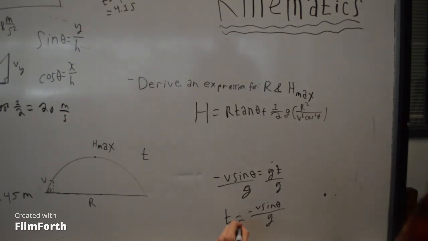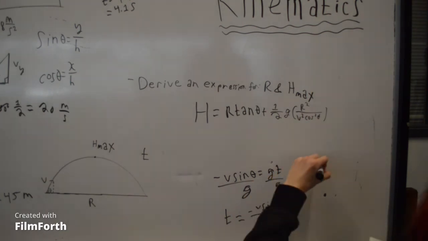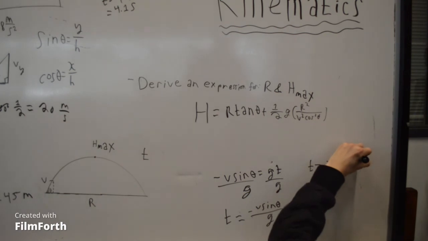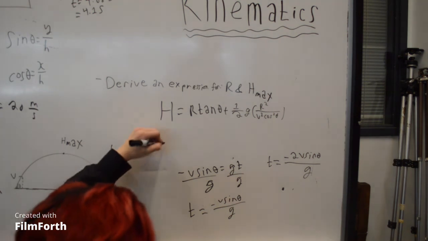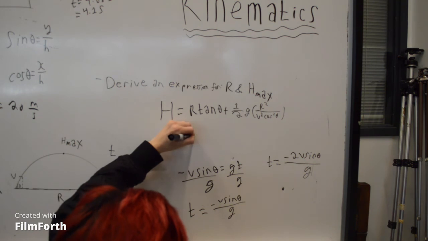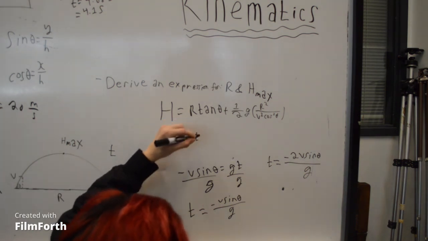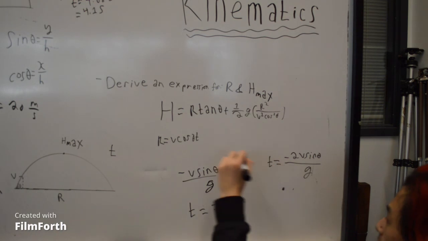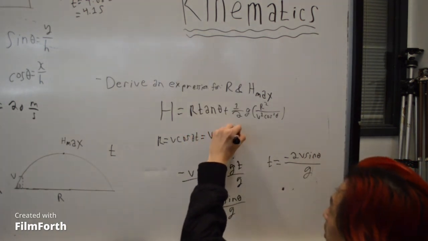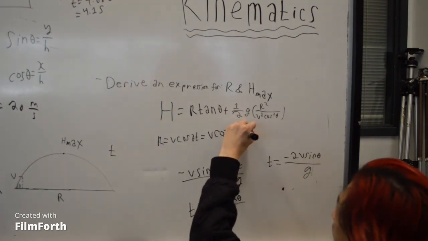So since that's half the time, what would the entire projectile launch time be? Simple. We just multiply by 2 because the vertical displacement is 0. Equals negative 2 v sine theta over g. So let's recall that our expression for range was v cosine theta t. And now that we have an expression for t, we can just plug that in. So plugging in what we know for t, we get that r equals v cosine theta multiplied by negative 2 v sine theta